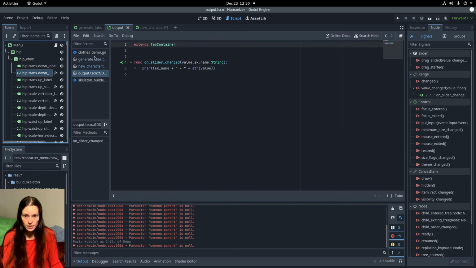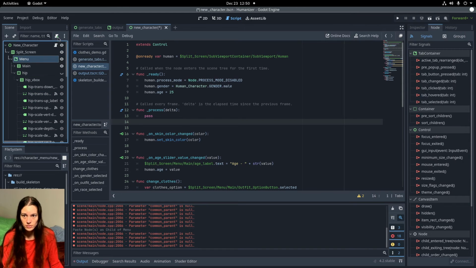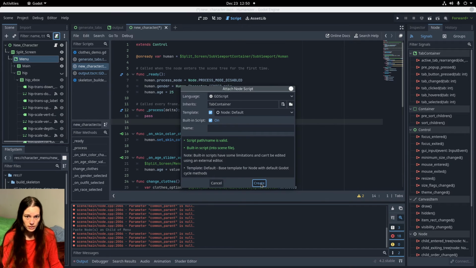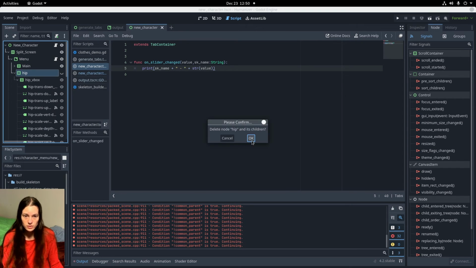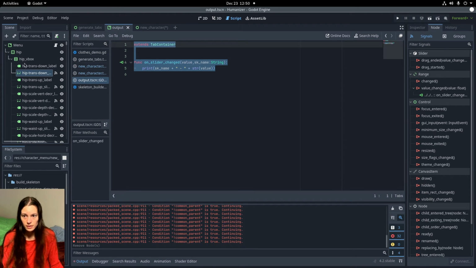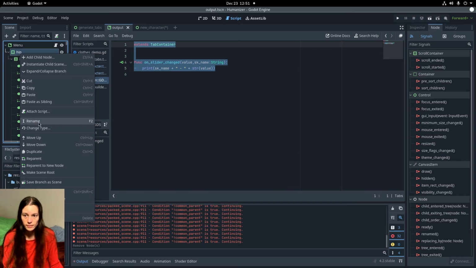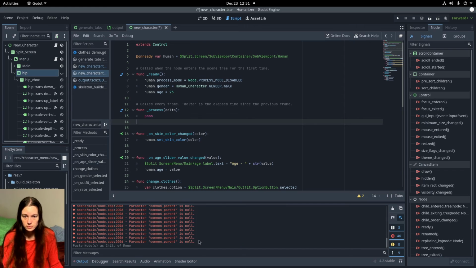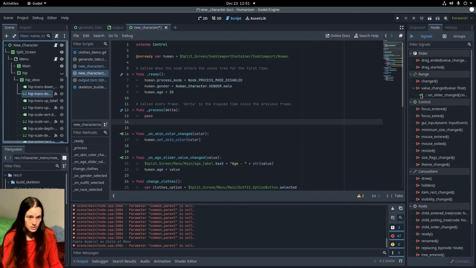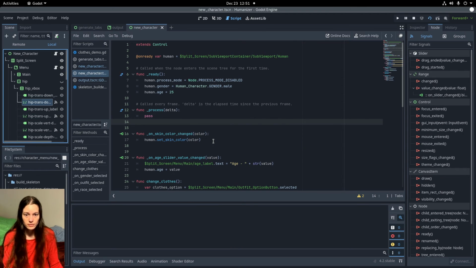Even if I copy the script and attach it to the menu, which I'll need to do anyway, so if I add the menu script and recopy the hip scroll container, you can see that they're still not connected to the menu, and it throws the error parameter common parent is null. And if I try to run the scene,